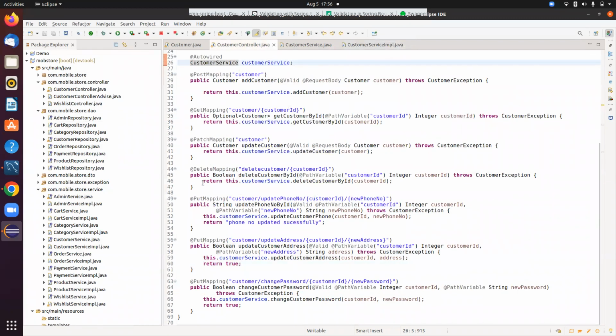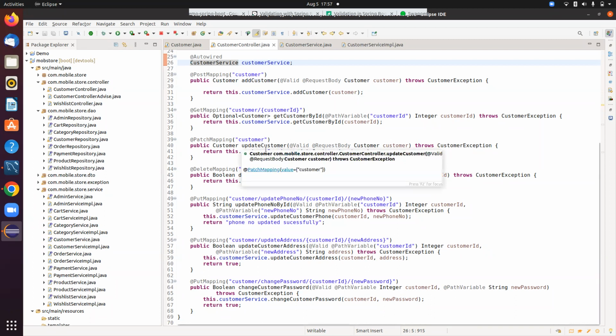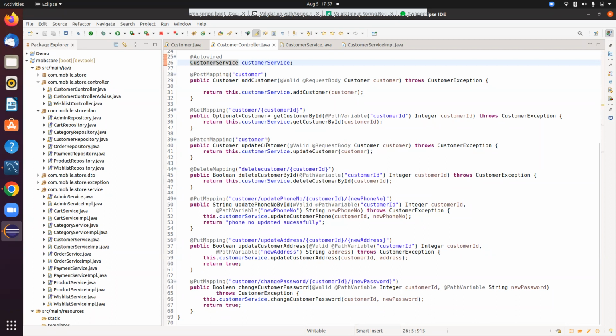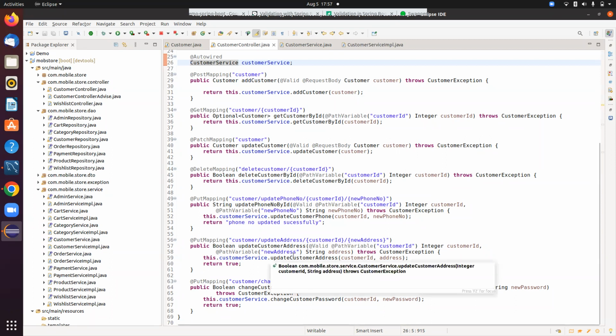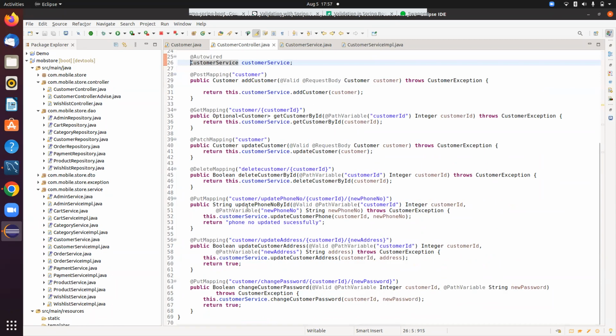There are many methods like add customer, get customer by ID, update customer, and delete customer by ID. With update customer, you can fully update all the information. You can update the phone number, the address, and you can change the password also.